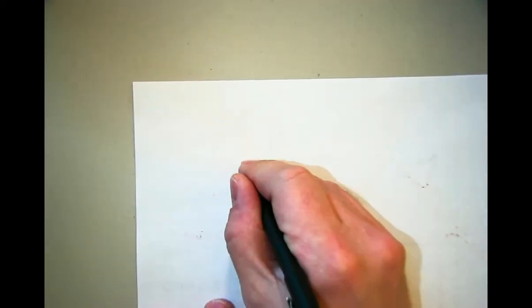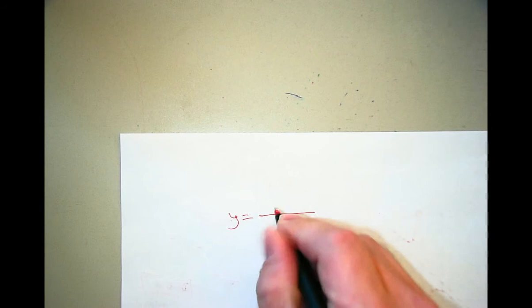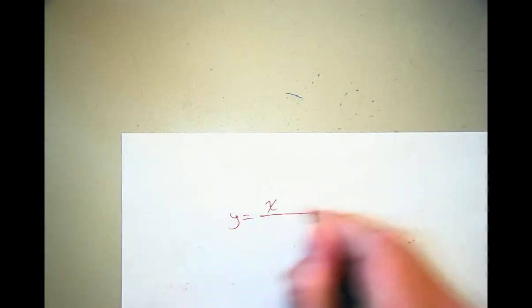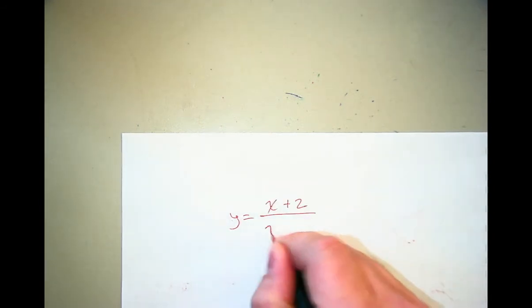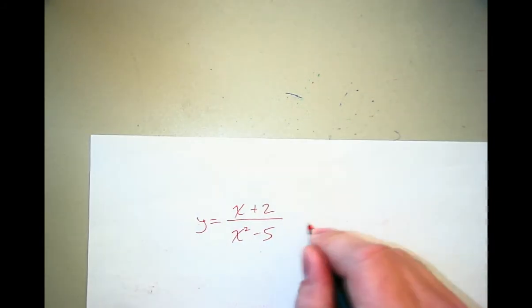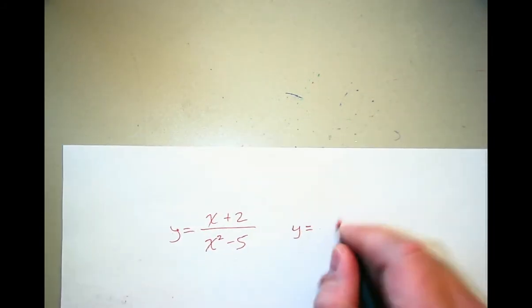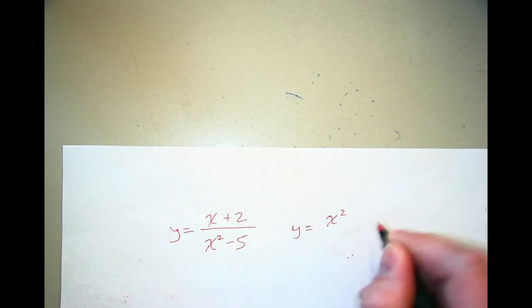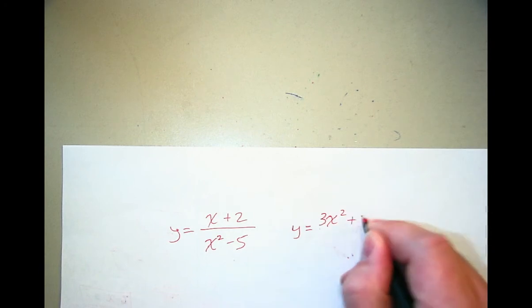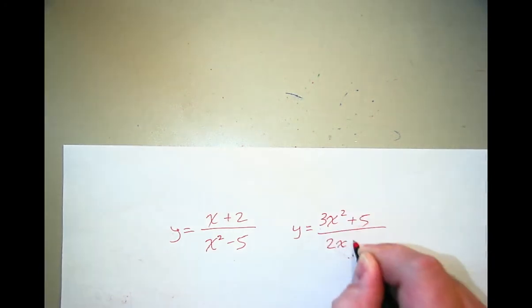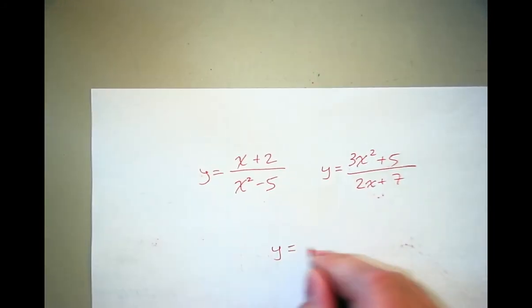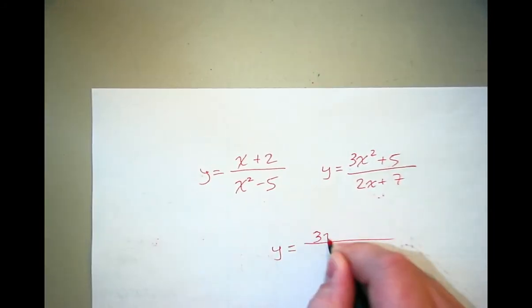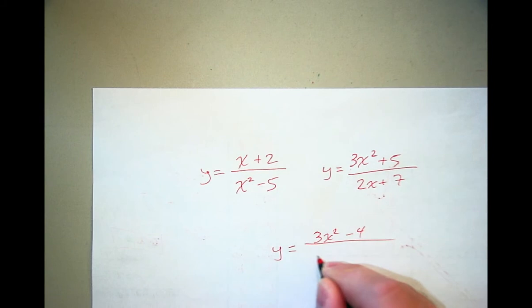So really quick, if I give you y equals x plus 2 over x squared minus 5, and another equation, y equals 3x squared plus 5 over 2x squared plus 7, and y equals 3x squared minus 4 over